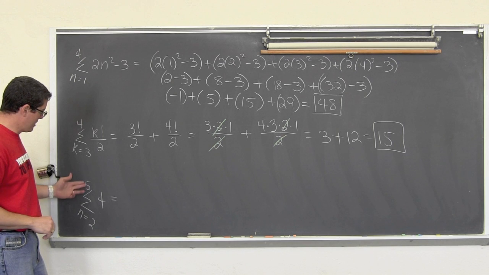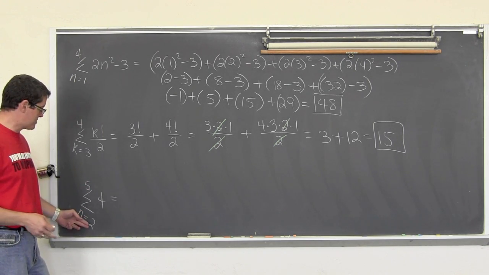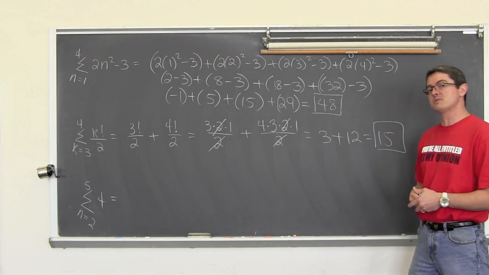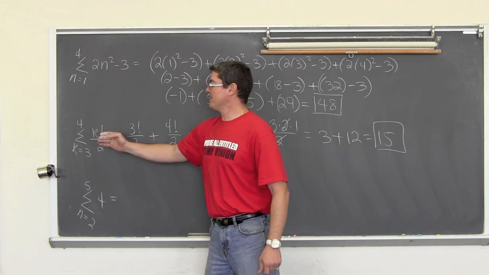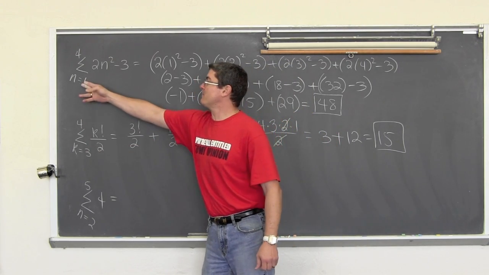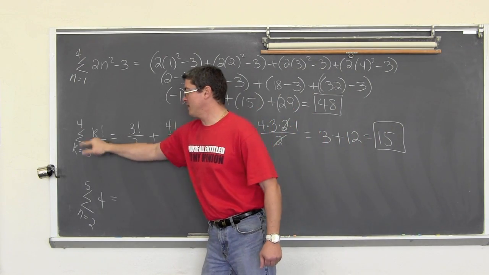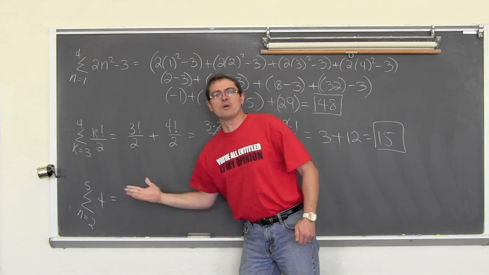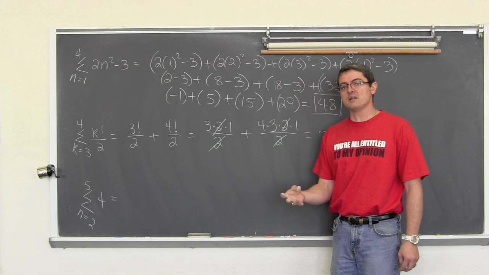Now this last example, we have the summation of 4 with the index values of 2 to 5. So we're going to find the summation of 4 using the n values of 2 to 5. Well, you might be going, this example and this example gave me variables to plug in these index values. I had a place to plug in my 1, 2, 3, and 4. I had a place to plug in my 3 and 4 for k. This is a constant. This value of 4 is never going to change. The expression is 4.